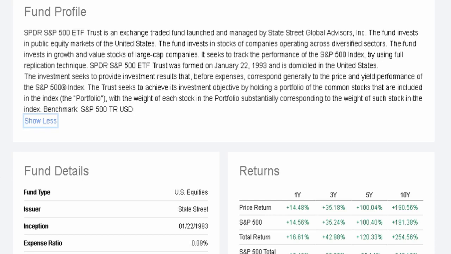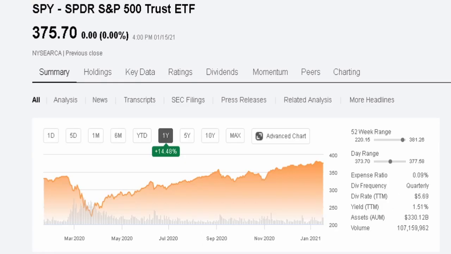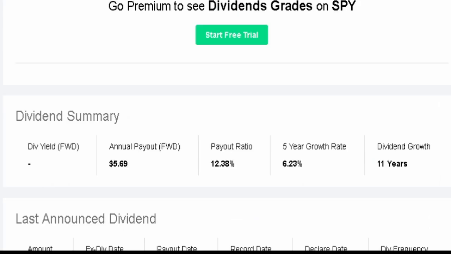It does have an expense ratio of 0.09%. This ETF also has a dividend yield of 1.51%. It pays out this dividend quarterly, and right now it has an annual dividend of $5.69 per share. This translates to $1.58 per share distributed every quarter, and they pay out in January, April, July, and October with